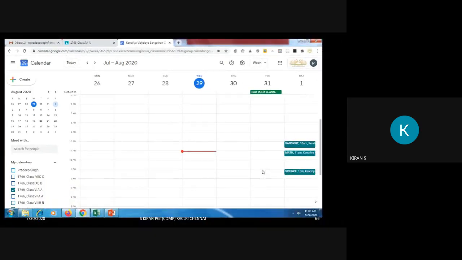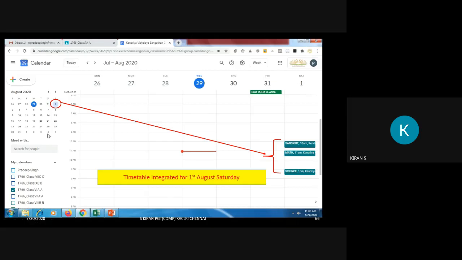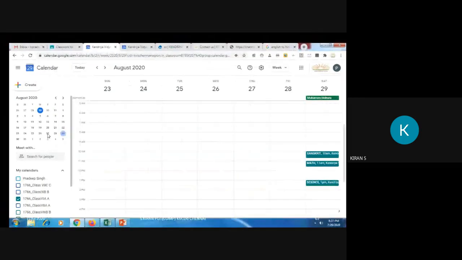So likewise continue for the whole week, and the week's timetable will be displayed on your screen as shown over here. So here this is for 1st August. I said weekly on Saturdays. So every Saturday the timetable should be reflected. So randomly I clicked on another Saturday. The timetable will be reflected on the calendar. You don't have to do it every month, just once for a day and it will be reflected.